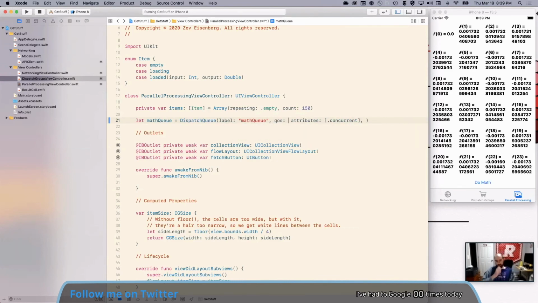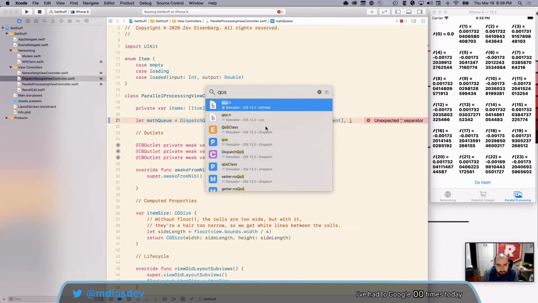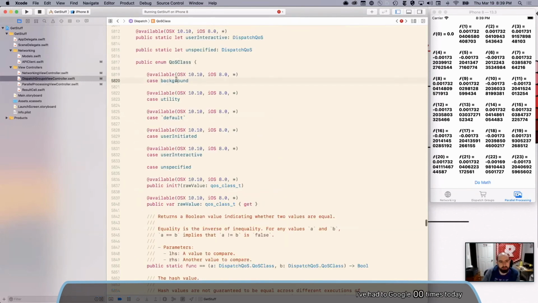You can basically say what the QoS class is. There are a few different classes, and you can say how important the work on this queue is. Then if the computer has to decide between working on this queue or another, it'll go, oh, user interactive. That means the user is actively moving their finger right now, and I'd better run this work now so I can keep up with their tracking. But utility and background work I can squeeze in when the user's not touching the screen.